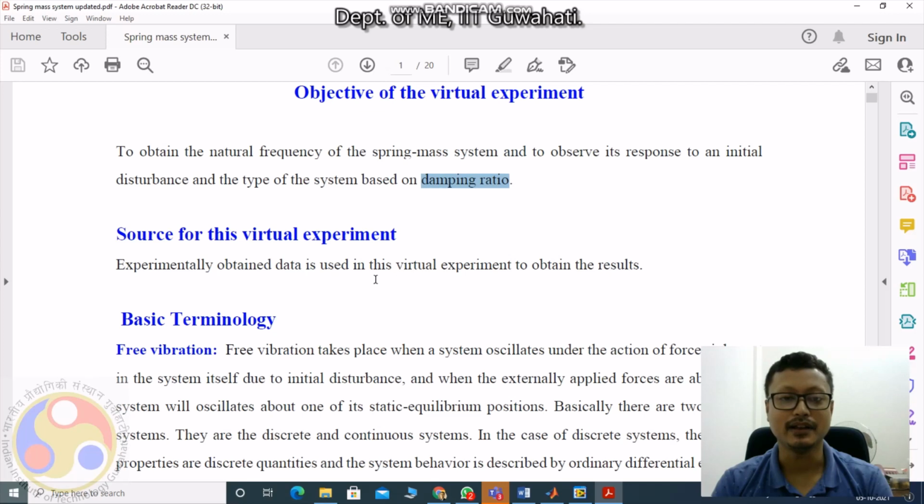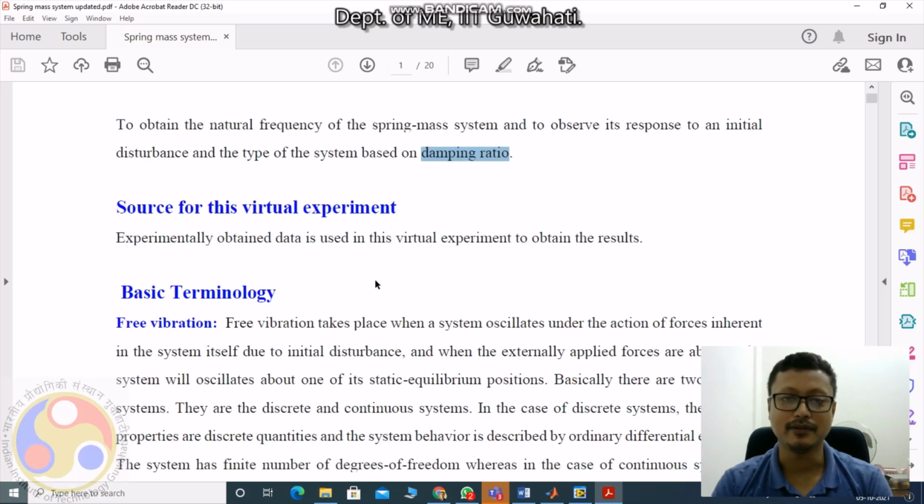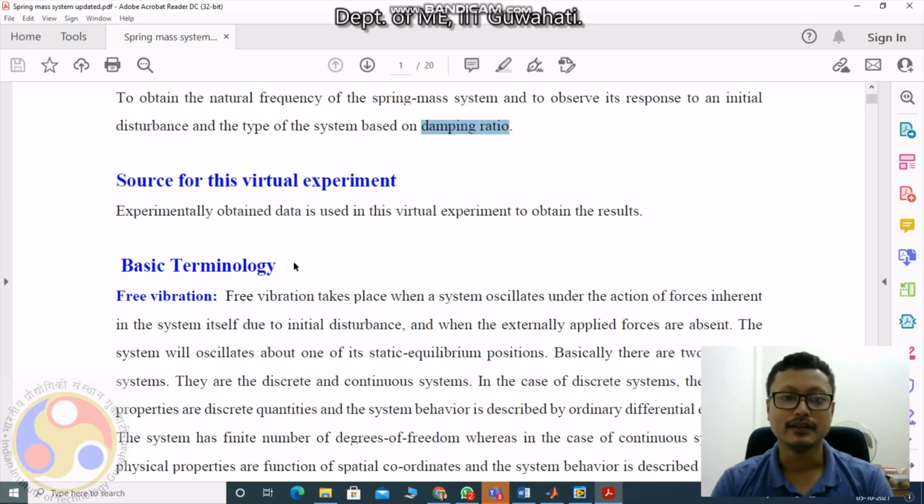In this manual I will provide you the soft copy. You can read it and get the details of this experiment. I will overview this lab manual a little bit. One part of this experiment is virtual. I will share one LabVIEW simulation, and on the simulation you can get the result on your PC. For that, you need to do a particular setting. I will show that later, after this manual description, how to set it up on your PC.